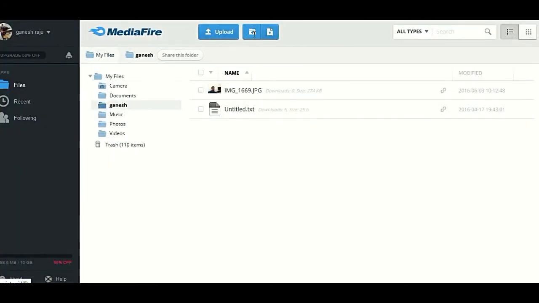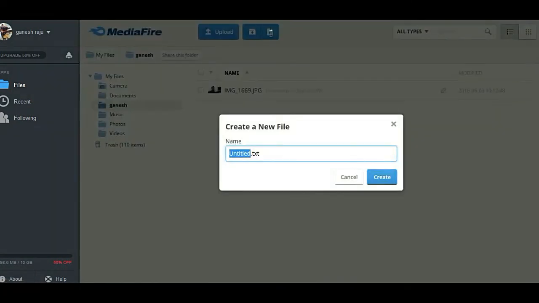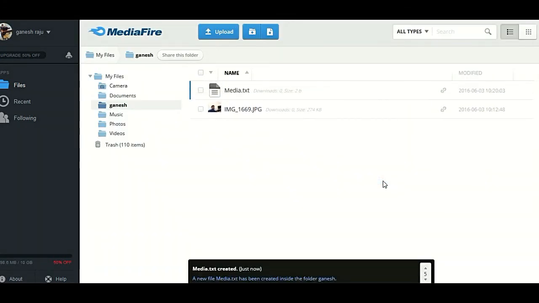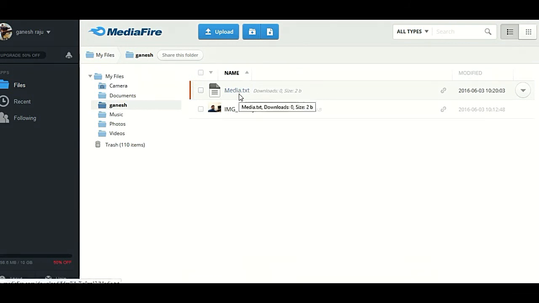And you can create a folder, upload, and create a text file. First of all, for a text file, enter the name of the text file, and then click on create. So this is the text file. You can edit the text file with the MediaFire text editor.